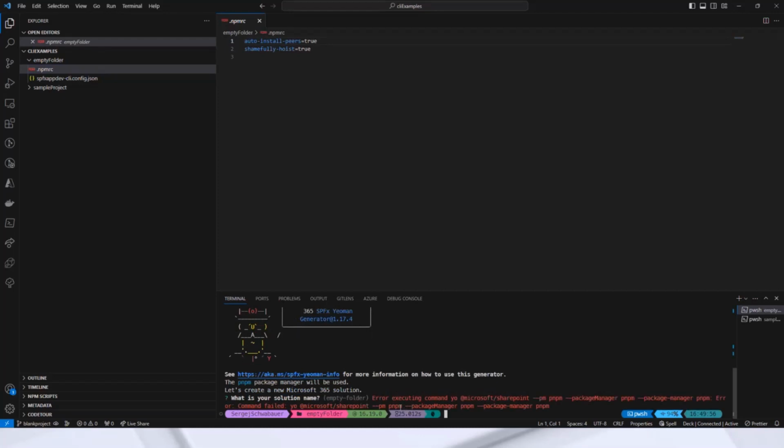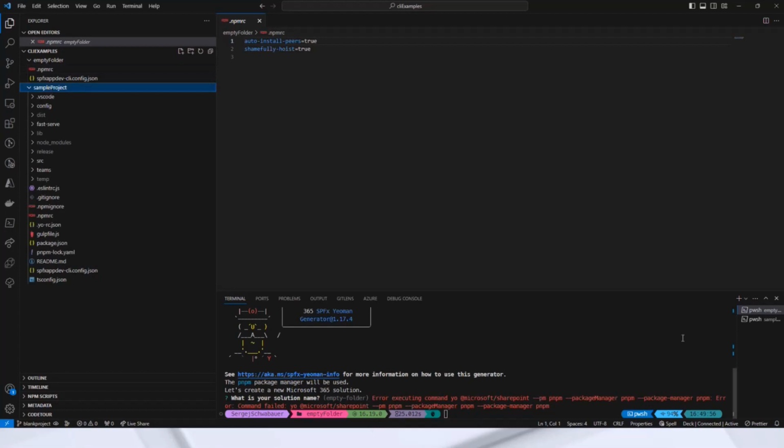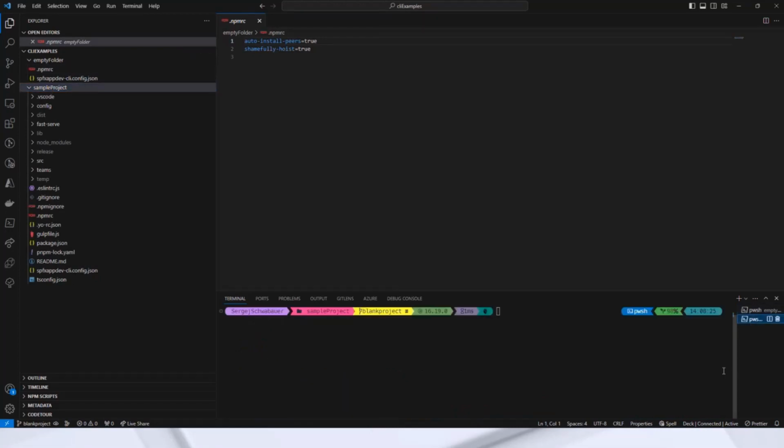Instead, I already have a completely new project here, which has the same configurations and comes with the standard Hello World web part, this one. Now, I can set my user password because this can only be done for the local configuration file after the project has been created. spfx config set password and -l for local. Oh, by the way, the only thing I have done here in this project, I ran the spfx fast-serve command because I use it everywhere, and you should too if you are not already.